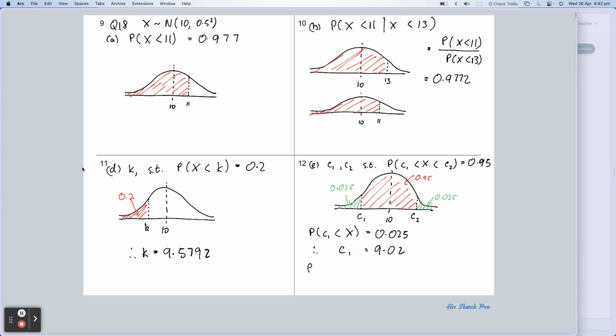Okay, and similarly, we can go to the probability of X less than C2 is equal to, well, what value would that be? You can do it in two ways. You can say it's going to be 100% minus 0.025, or you can simply say that it is 0.95 plus another 0.025. So you could do that as well. So 1 minus 0.025, which equals 0.975 is the way I would do it. I'm just running out of room here, so I'll go here, and I can say, therefore, C2 is equal to,